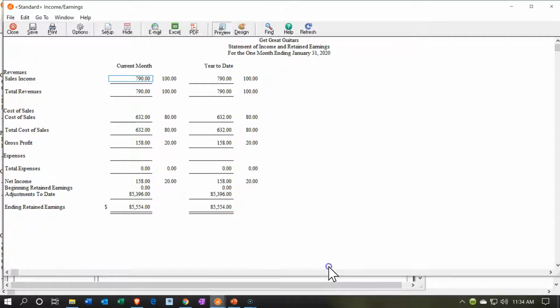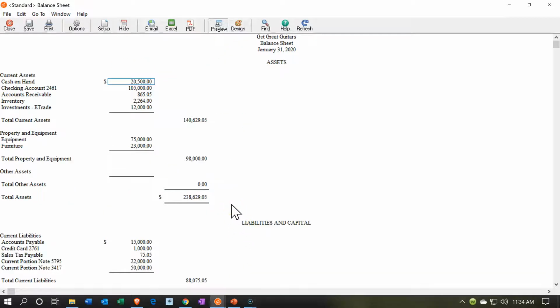So what's going to happen now? This will be very similar to an invoice. What's going to happen when we do the sales receipt? So what accounts will be affected? The major difference between this and the invoice is that instead of accounts receivable going up, as it does with the invoice, we will instead have cash go up, either the checking account or the cash on hand, depending on if we're going to put it directly into the checking account, or more likely in this case, we're going to need some